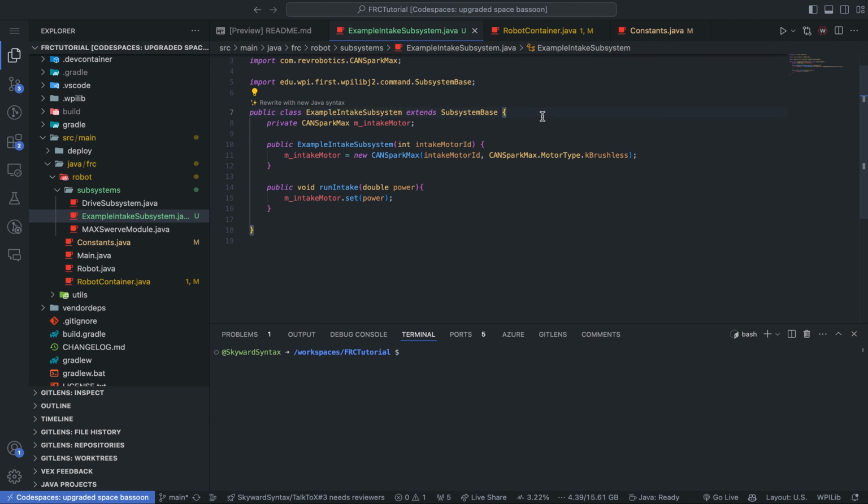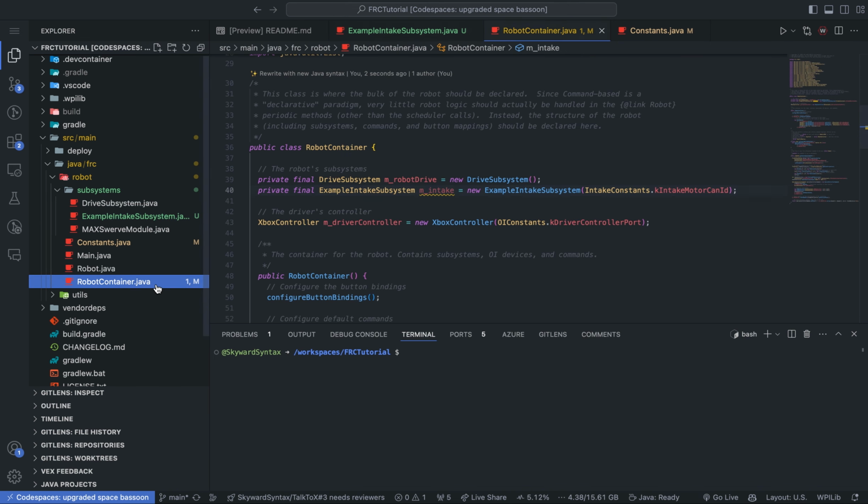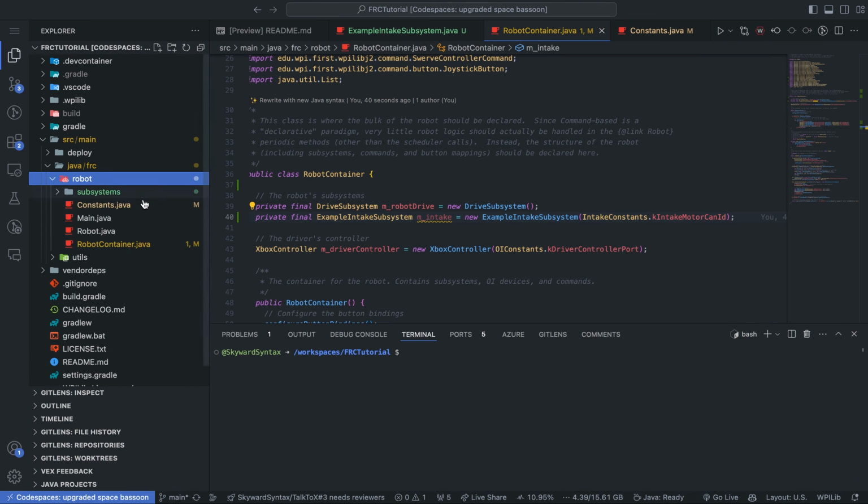Do we want to explicitly say whenever a button is pressed to execute an action provided by the subsystem itself, all completely unabstracted in robot container, or is there another path? And there is another path, and it's called having a command-based framework where you define a subsystem's functionality, or a part of it, in its own class, and define all of the movement the subsystem needs to do there, and then call that set of instructions whenever a button is pressed in robot